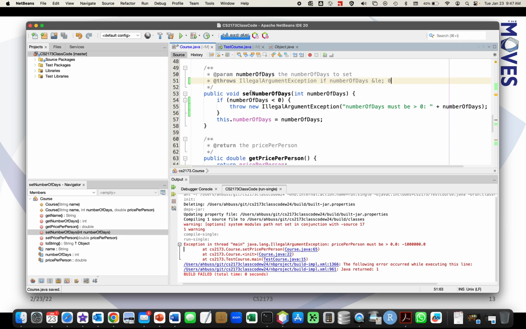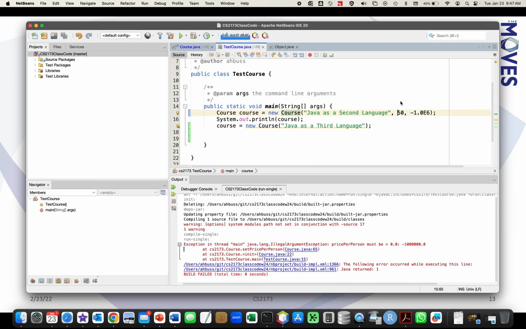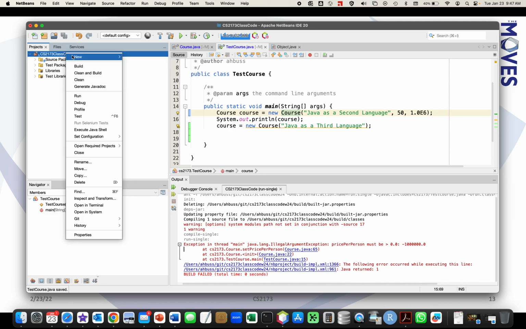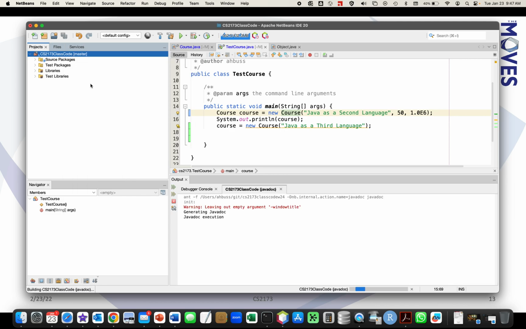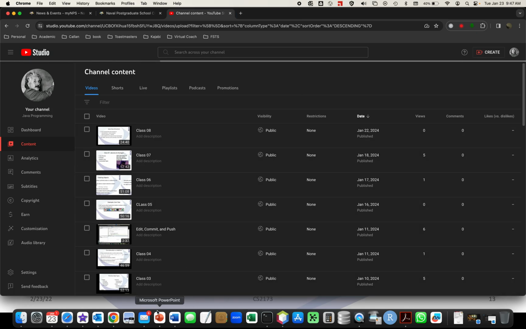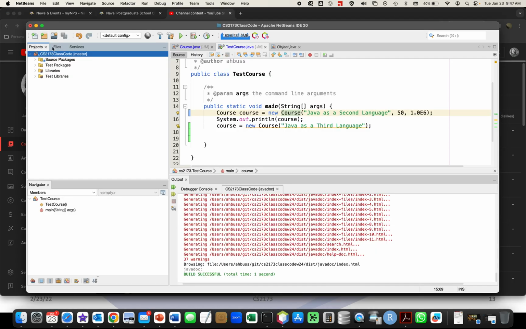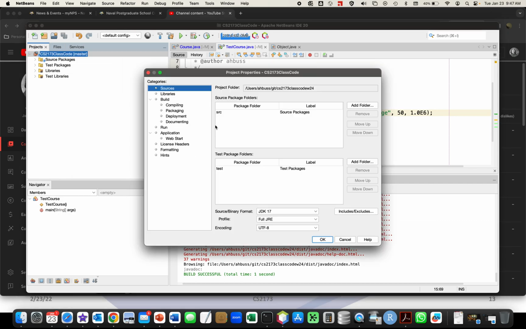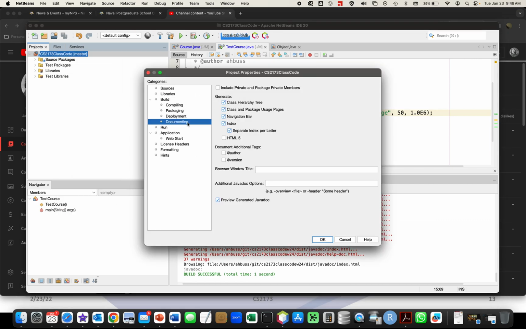All right, now what does all that do? Let me undo this here. Now, if we right-click on our project and we say generate JavaDoc, then unless there's a mistake, here are all our different classes. There's something I do need to do. Here in properties, documenting, I want to include private and package. Class, include author and version, and then